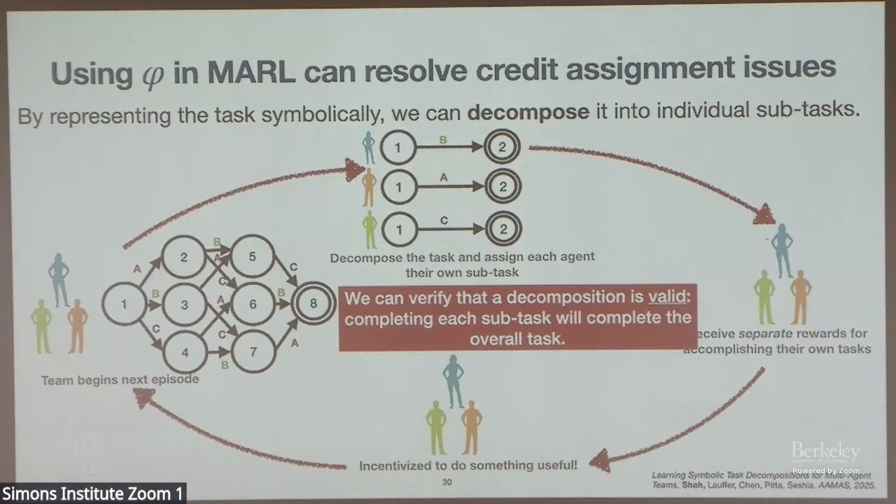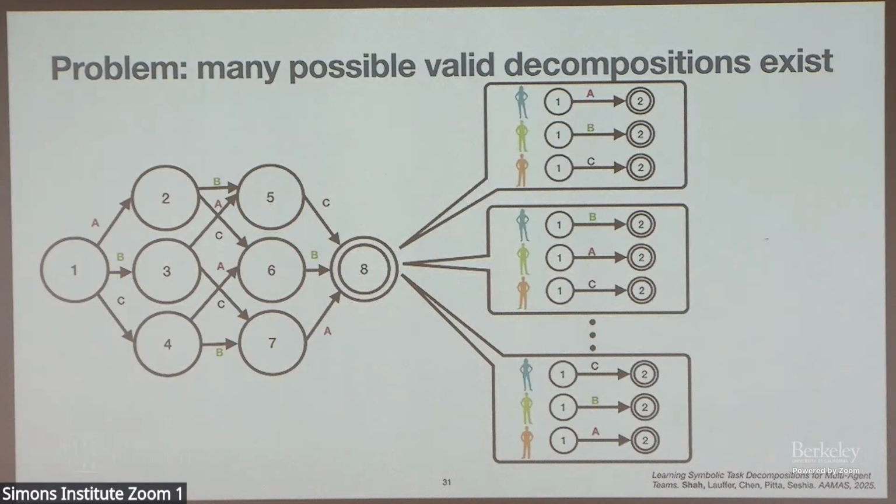But of course, there's a clear issue here, which is there are many possible valid decompositions. So even though I have a valid one, it doesn't guarantee that that's going to be the best way of breaking my task down. Different agents have different skills. They might be put in different positions initially in their world, and that's going to influence what they can and cannot do effectively or efficiently. So even in this simple example, you could assign the blue agent A, B, or C, and so on. Maybe the blue agent's really good at task C. Maybe the green agent is in a position where it can't even possibly accomplish task A. And we have to be able to find which of these decompositions is the right one to assign our agents.